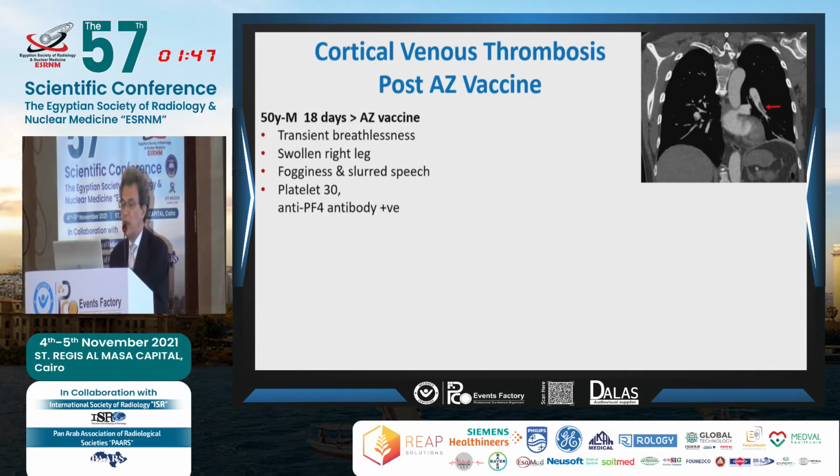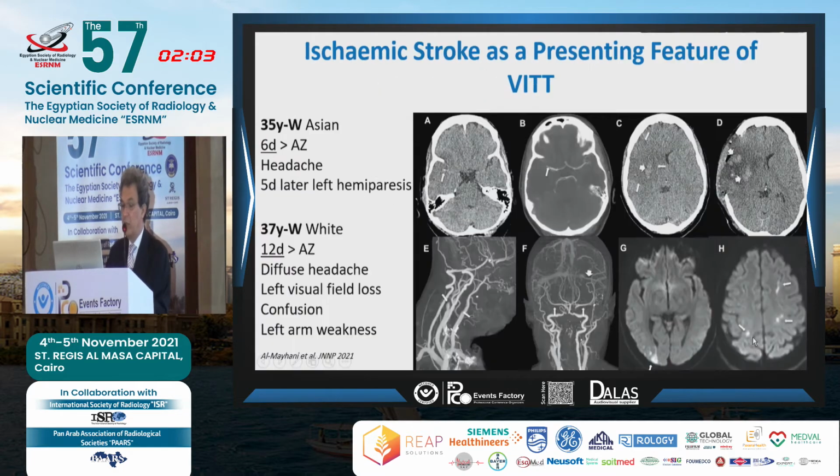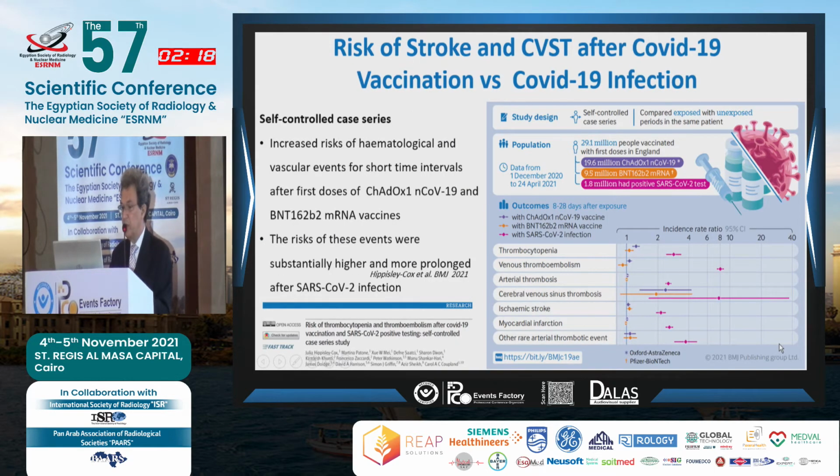What about the thrombosis? So you see here a patient with a thrombus, and in the brain, the trick now is to see where it is. It's not the sinus, it is the cortical veins with a venous infarction and the associated hemorrhage. Not only venous thrombosis, but also ischemic stroke can present, as you see here, occlusion of the MCA with an infarction and hemorrhagic transformation. And here some border zone infarctions.